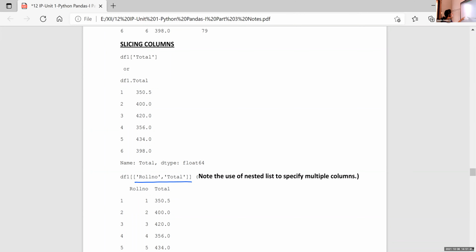If you want to display a single column only, write df1 within square brackets and give the column heading. If you want to display more than one column, use the multiple columns within a list. So df1 within square brackets, give the different column headings.